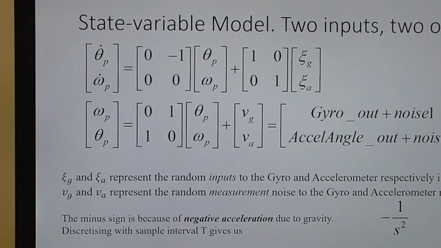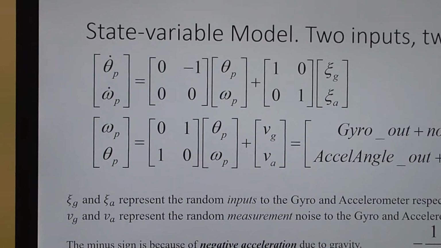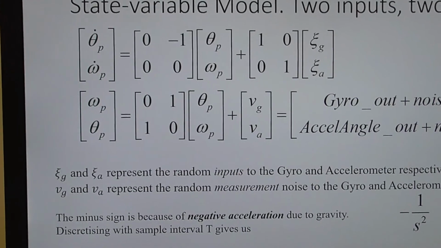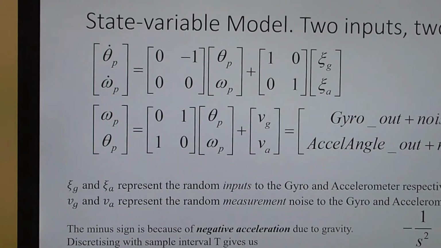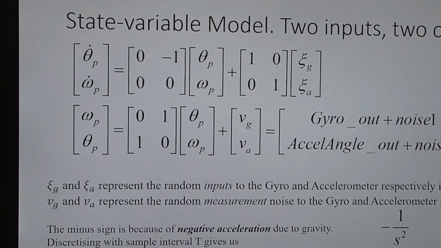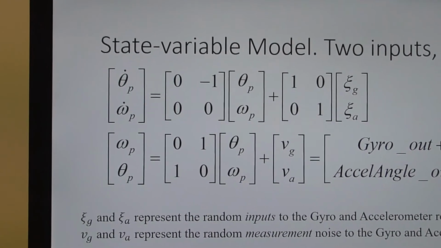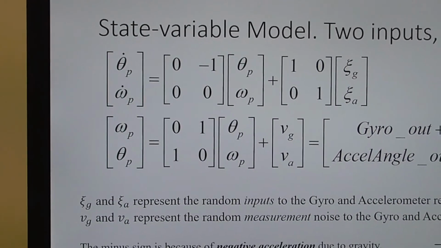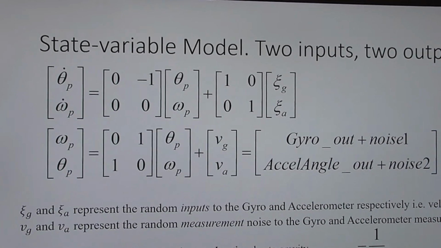We can take a double integrator and write it like this in state space. Notice the only difference is I put a minus sign: instead of 0, 1, it's 0, minus 1. That's due to negative acceleration due to gravity. It's like if you've got a mass that's falling down from the sky, the force on it is not mg, it's minus mg. So that's the reason for that. That's a small point, but otherwise we've got this state space description in continuous time, or analog, 0, minus 1, 0, 0. That's the identity matrix for the D matrix, and these Greek letters